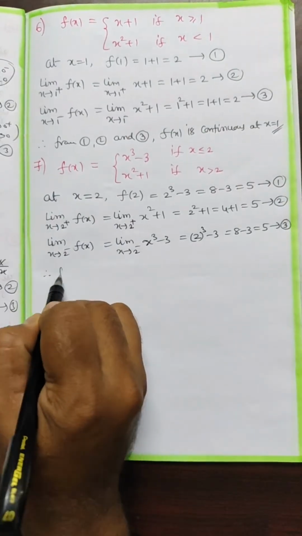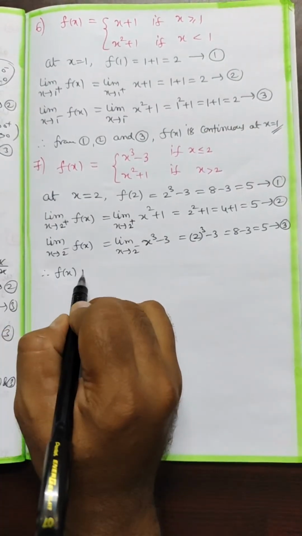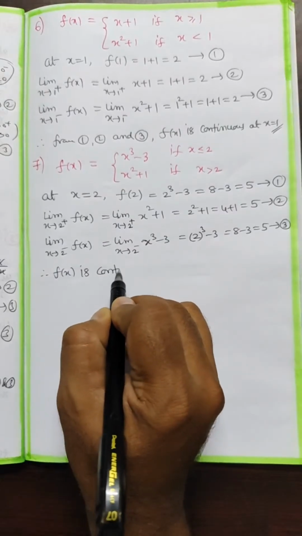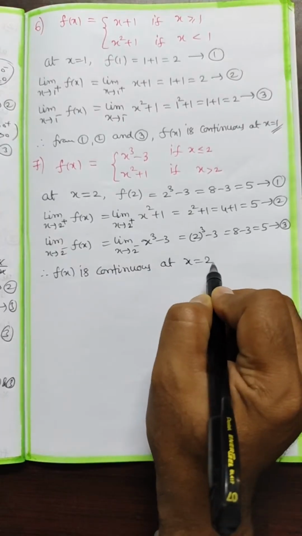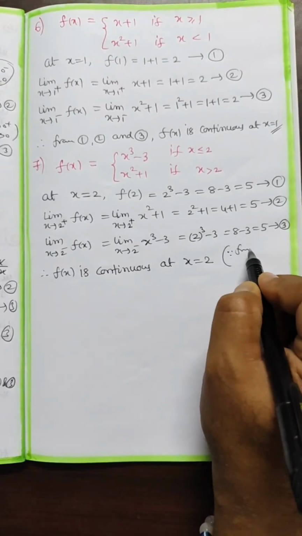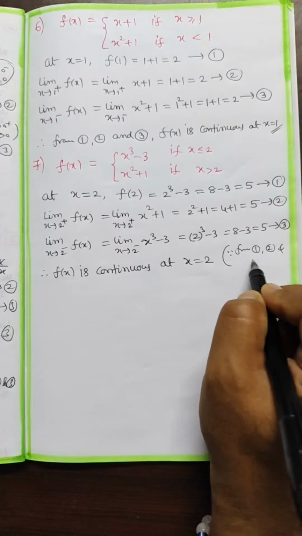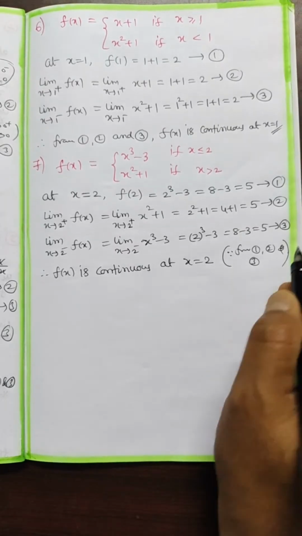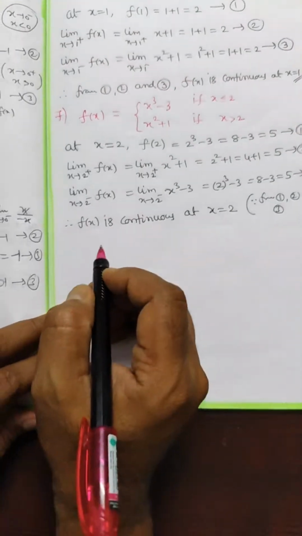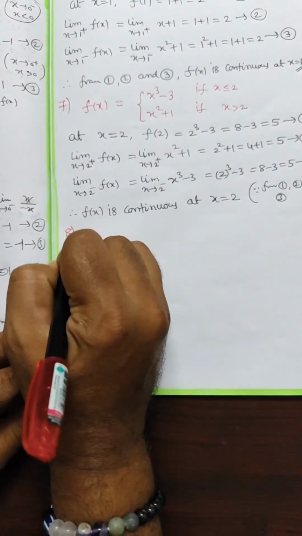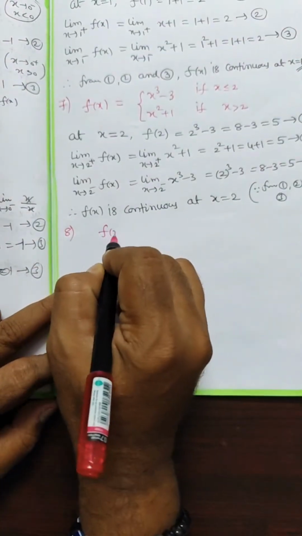So therefore, f of x is continuous. We can say that. Continuous at x is equal to 2, since from 1, 2 and 3 equations, we conclude that it is continuous. Okay, dear students. Let us discuss question number 8. In question number 8, the function f of x is equal to